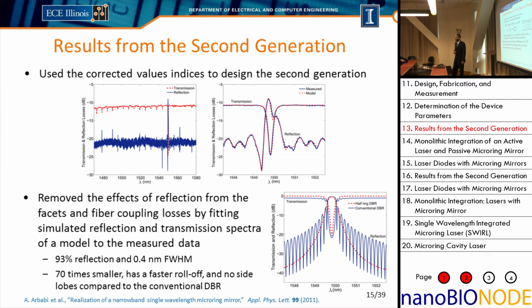We also measured these resonances as we changed the temperature. When you change the temperature, there's a change in the refractive index due to the thermal optic effect. So we tracked these resonances as a function of temperature, and by measuring a best fit slope and also modeling the effect of TE and TM, we're able to extract the thermal optic coefficients of silicon nitride and silicon dioxide. So this is a method that allows us to